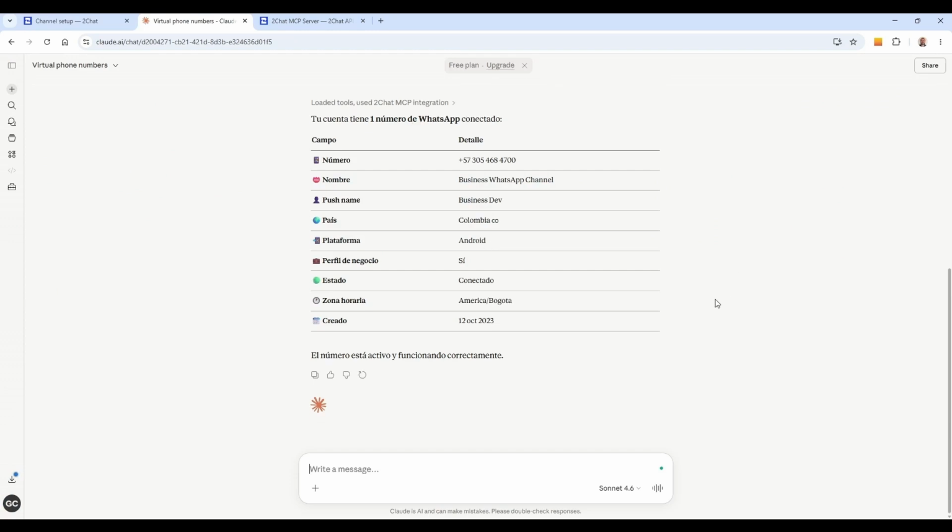In the same way, we can access options such as sending messages, reading received messages, and even use Claude's features to turn it into a marketing assistant that helps us